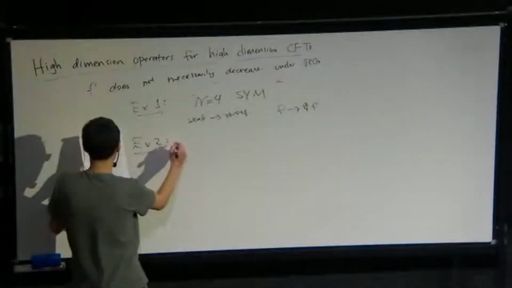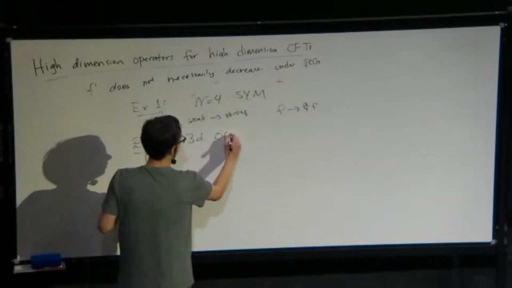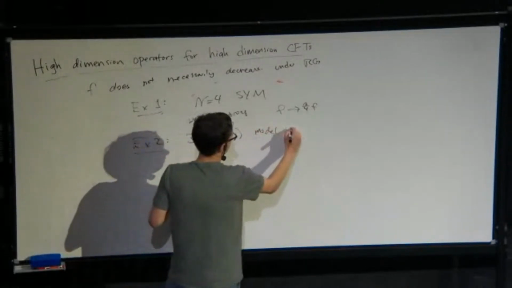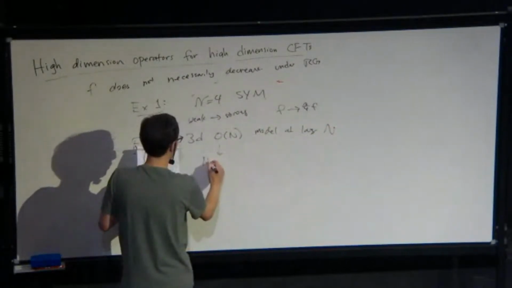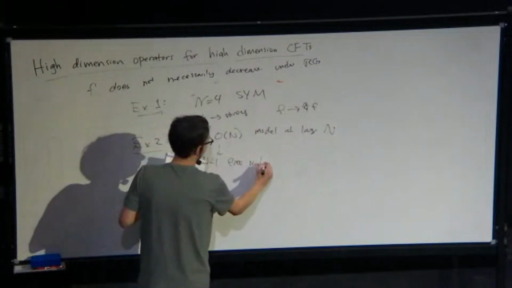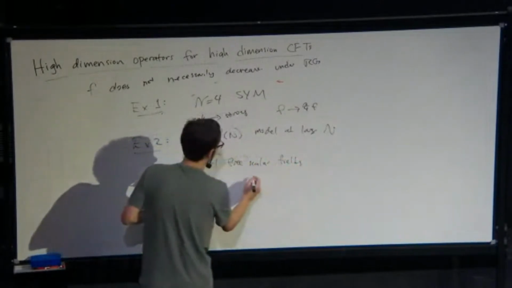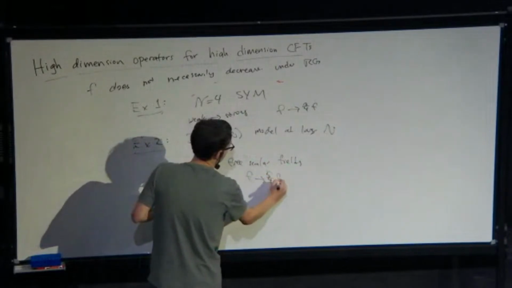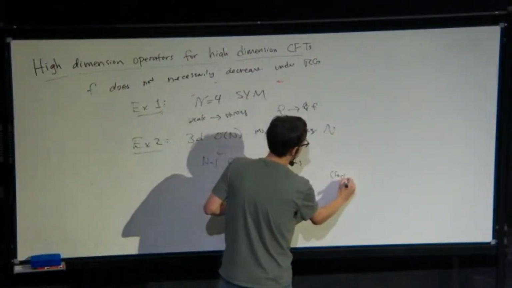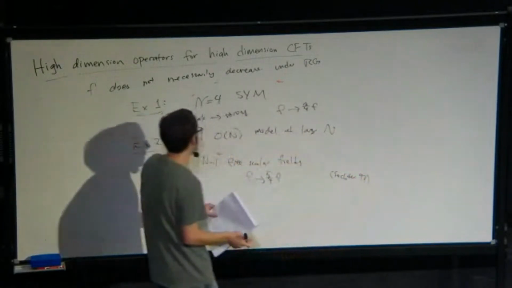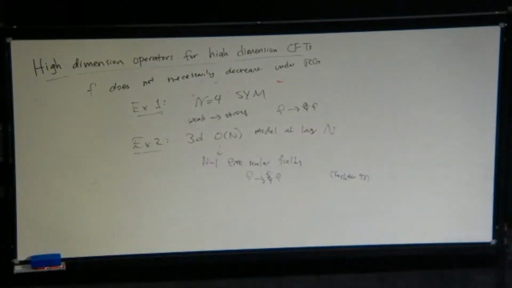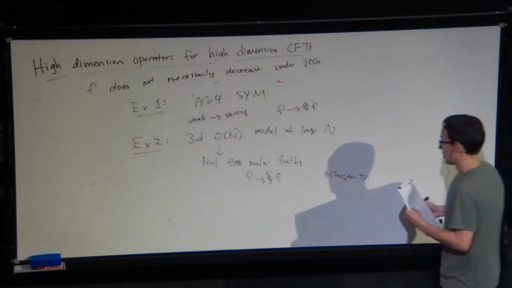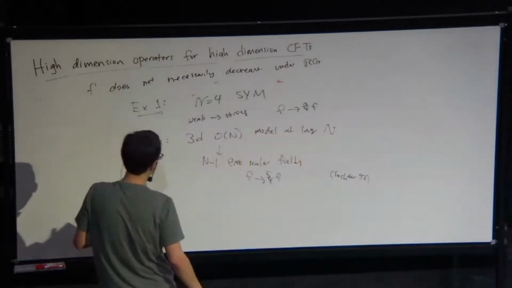The second example is that the O(N) model in 3 dimensions, at large N, can flow to a theory of N-1 free scalar fields. But F increases by a factor of, I think, 5/4. And this was shown by Sachdev in the 90s. So it's a little bit counterintuitive, because what this means is that for fixed delta and J, the entropy will be actually higher in the IR than in the UV. It's not a contradiction or anything, but it might be a little bit counterintuitive.